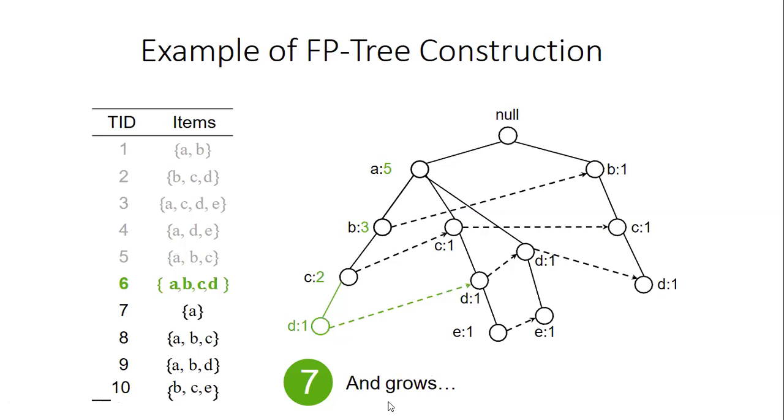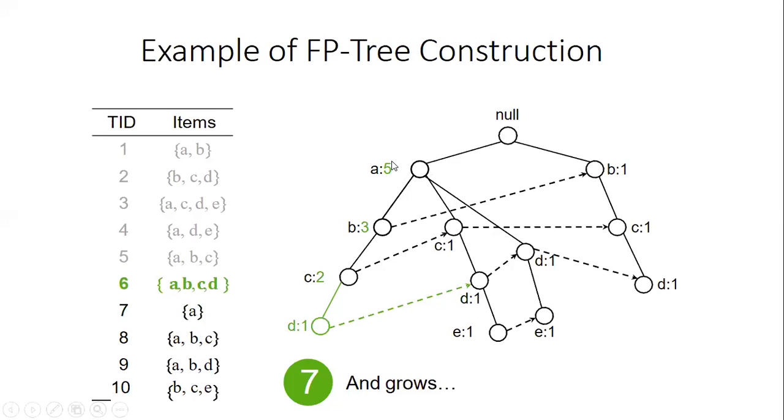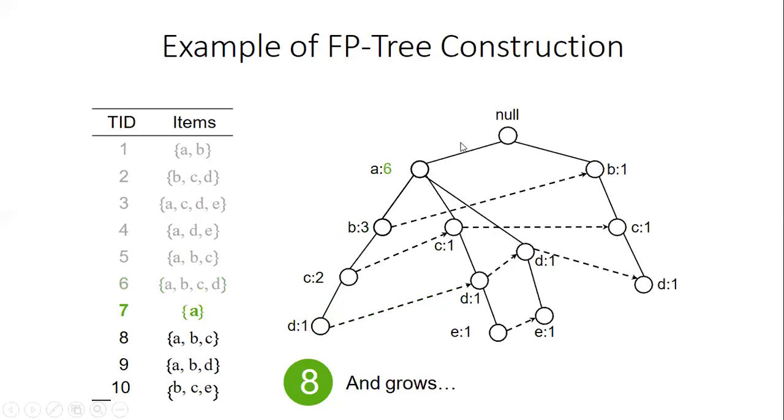Likewise, we keep on moving. So we completed transaction 6. Then we move on to transaction 7, which is only A. If you see previous, A5, B3, C2. In transaction 7, A is incremented. A is 6. It was 5 before, it is 6 now. B3, C2, D1 are all the same. No green lines are shown. It is only A6. That means only this path is used. That's what is meant by overlapping, so the tree will be compressed.